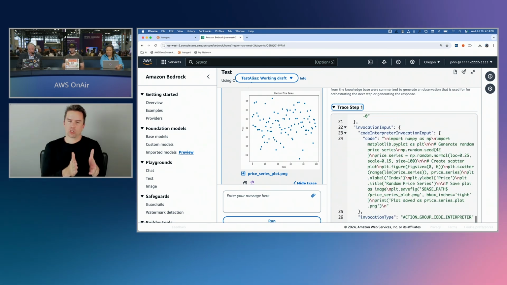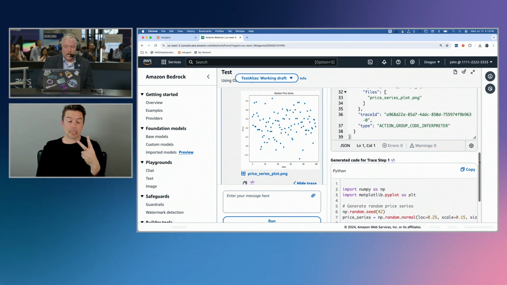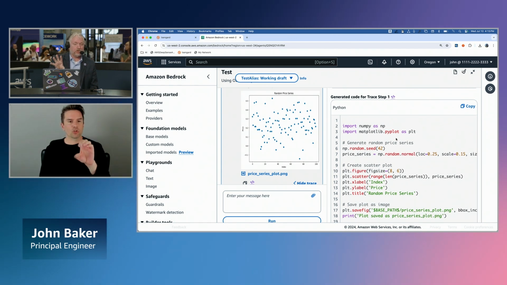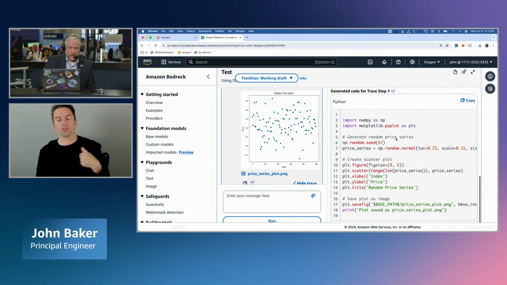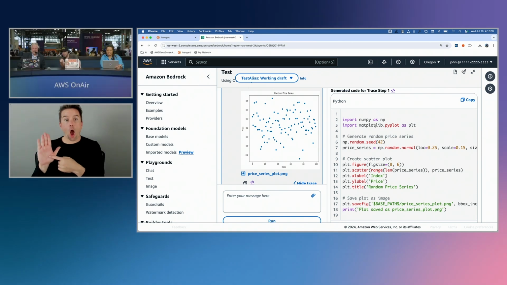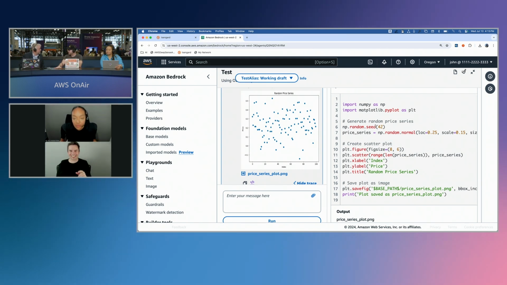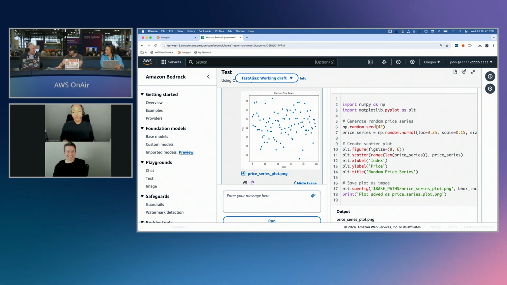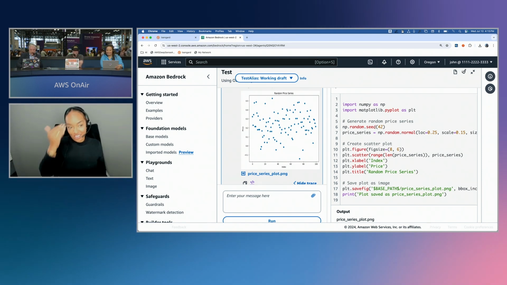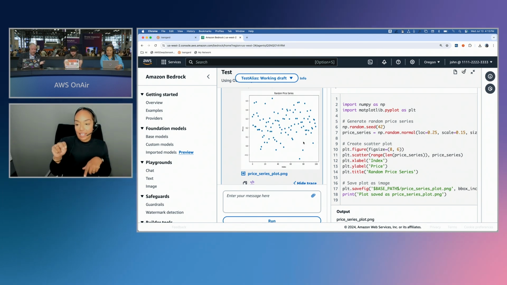Okay. Well, let's go down and take a look here. If you want to see the code that was generated, you can go to our trace events. We output a separate trace event for the code that's generated. You were right, matplotlib. I see that it picked 42 as the seed for the random number generator, which of course is the answer to everything. The LLM has that knowledge. And then it generated the PNG file, and then we show it here.